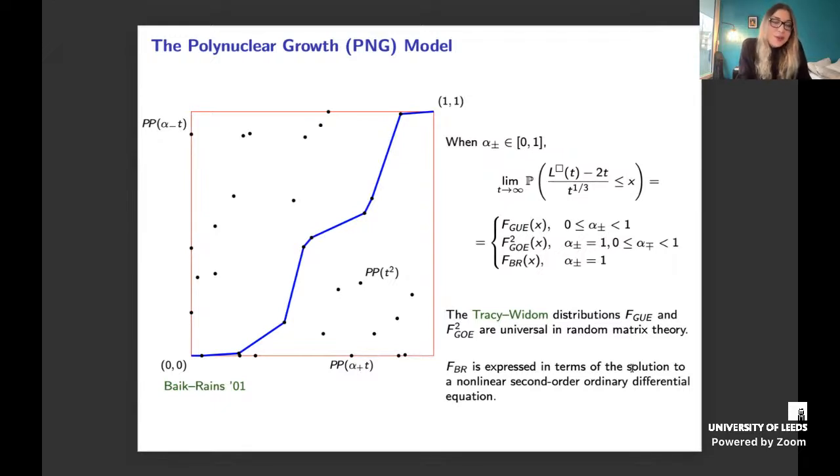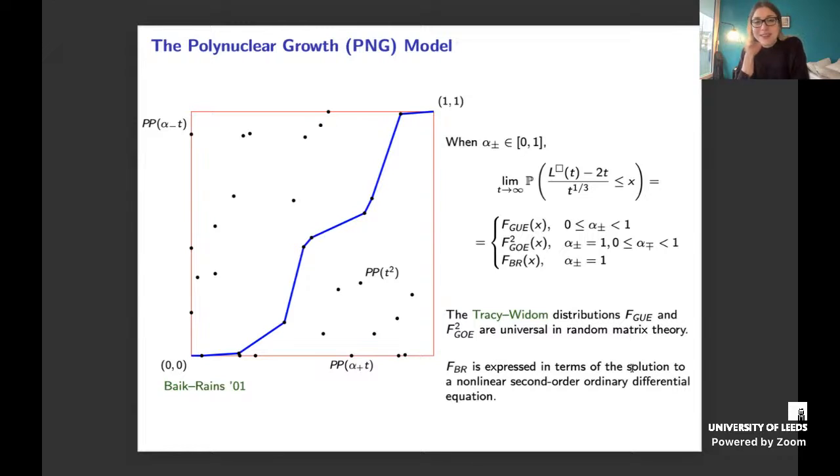obtained a new distribution, still almost 25 years old, that can be described in two different ways. Patrik presented the description in terms of Fredholm determinants, but in the original work of Baik-Rains, the distribution was expressed in terms of the solution of a nonlinear second-order ordinary differential equation. So now, to describe the Baik-Rains distribution, and what I will introduce later, which is the equivalent in our space,